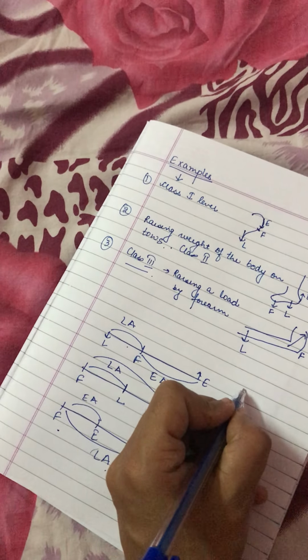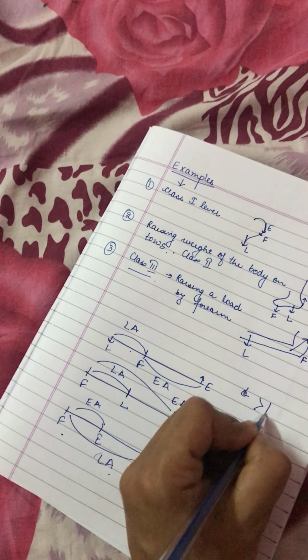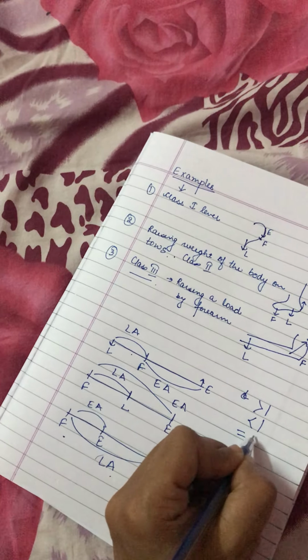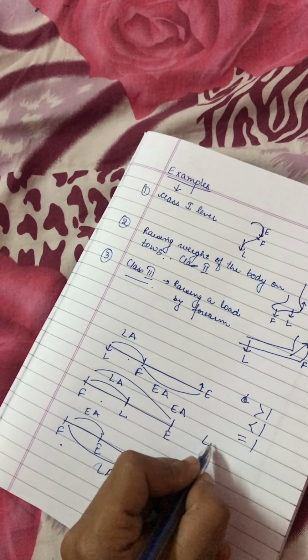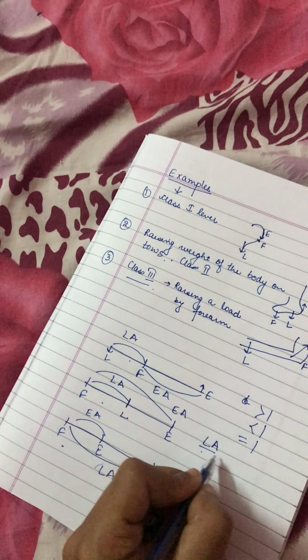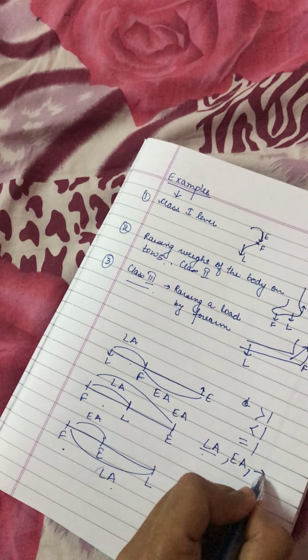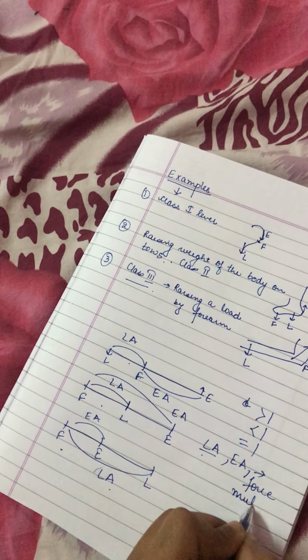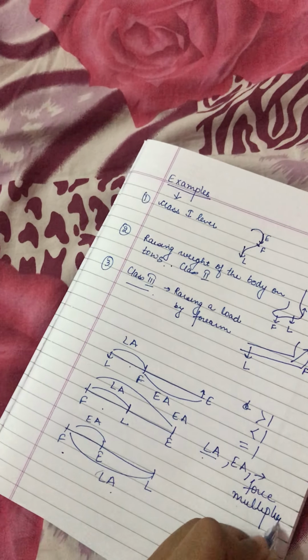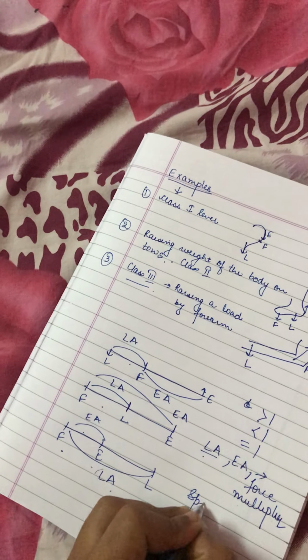Now in the first case, it can be greater than 1, it can be less than 1, it can be equal to 1. But what will be in this case? Load arm will be always less than effort arm, so this is always a force multiplier. And in this case effort arm is always smaller than load arm, so this is a